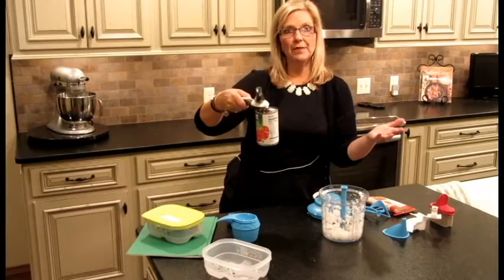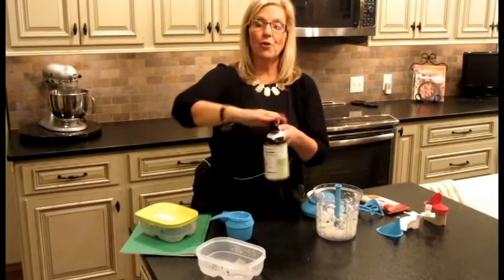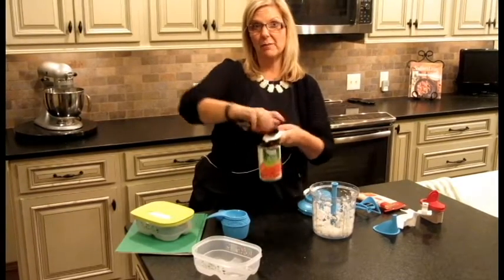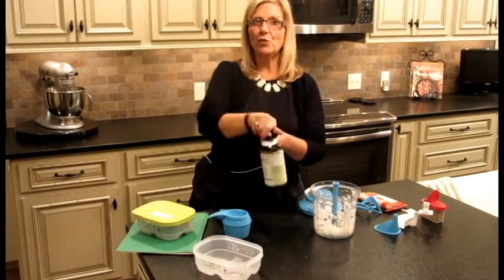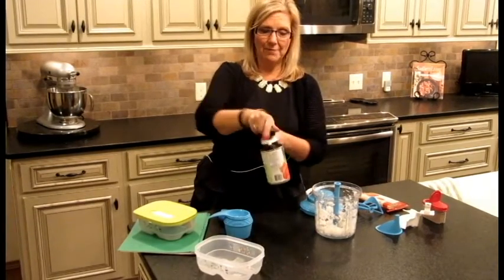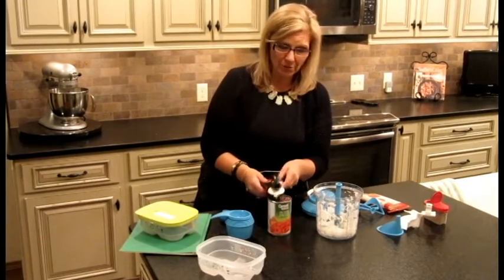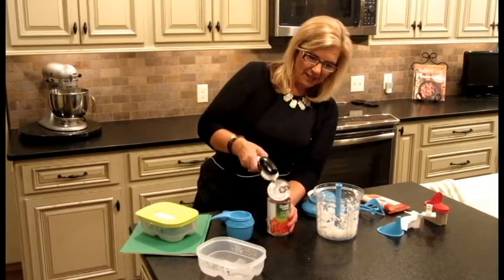And it holds it in place. You do not have to have it set on the countertop. You go around, and you may notice that this can even has the flip top that you pull up, but when you do that, same thing, you have sharp edges all over the can. So we're going to use the can opener, and basically what we're doing is ungluing the top, and well, that